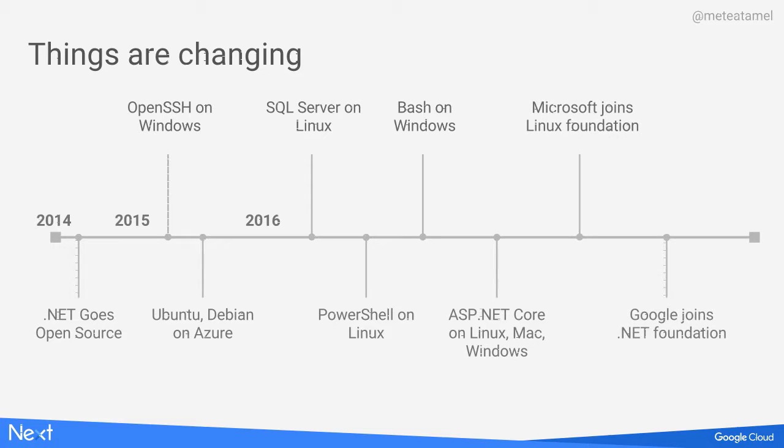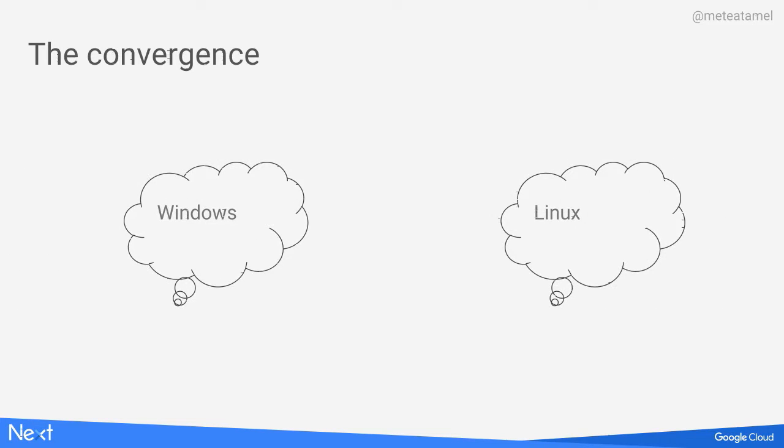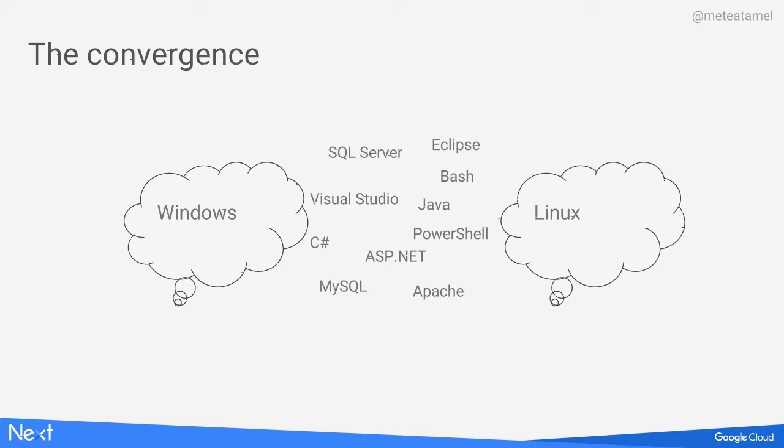And then finally, the year ended with 2 announcements. The first one was Microsoft joins Linux Foundation, and then Google joins .NET Foundation. I think that was, for me, kind of like the highlight of the year. So now, when you look at the world that we're living today, we still have these 2 worlds. So we still have 2 operating systems. But then the tools and languages around them, they are much more converged. And this is really good news for us because all the time and effort we spend in learning C#, learning ASP.NET, learning PowerShell, all that kind of stuff, now we can apply them to Linux. And that's great news.